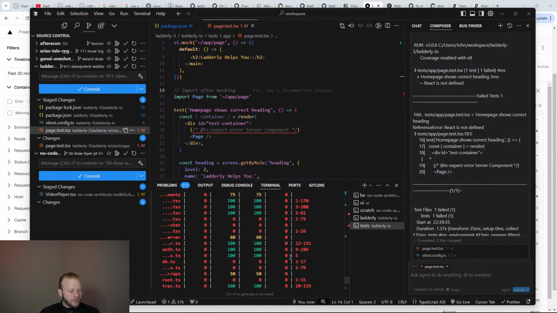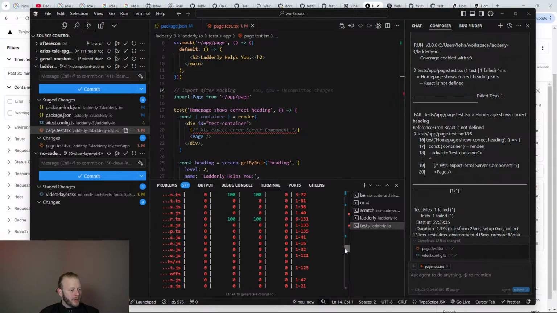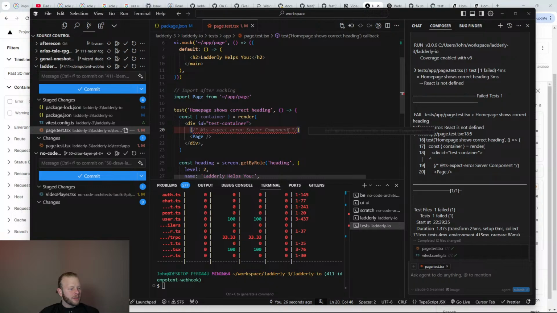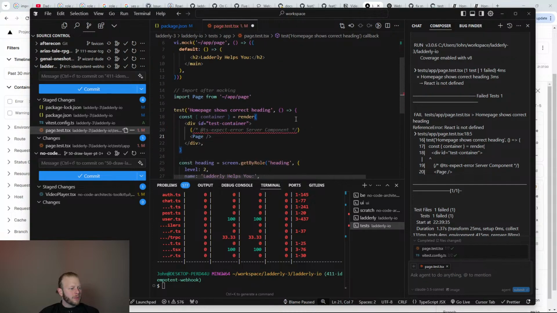Cool. So with one unit test, you can see all these hundreds because basically it loaded successfully into memory. That's basically all we're checking. And we get to, what is that? Yeah, like 38, almost 40% coverage with one little test here. Let's delete the unused TS expect error server component. Let's delete that.